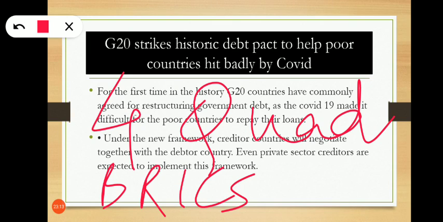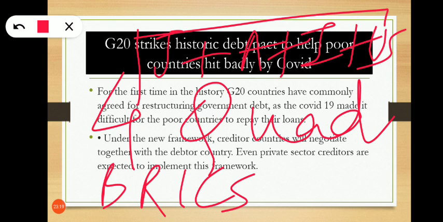क्वाड आपके कौन कौन से होते हैं, योर जापान, ऑस्ट्रेलिया, इंडिया एंड यूएस, बेस्ट फ्रेंड्स, ठीक है, आपके क्वाड हो गए, 4 का ग्रुप. ब्रिक्स आपको पता ही है, इट इज़ ब्राज़ील, रशिया, इंडिया, चाइना एंड साउथ अफ्रीका. देन P5 नेशंस. ओके, these P5 nations are basically your permanent members of UNSC. Permanent members of UNSC are China, US, UK, France and Russia.